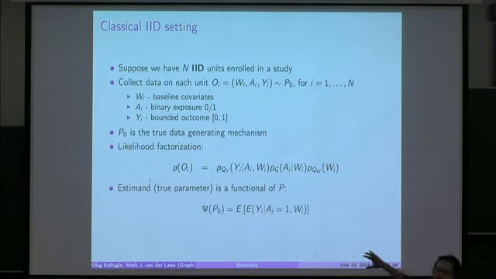And the nice thing about it is that it also has some causal interpretation. If you're willing to believe in certain causal models, it's actually a counterfactual outcome in my population if I, contrary to the fact, set everybody's treatment to 1. However, it requires additional assumptions, and even without them, it's still, I argue, a perfectly interpretable parameter, and it's a statistical parameter of the true data generating distribution.